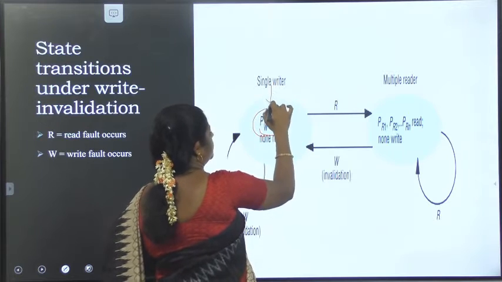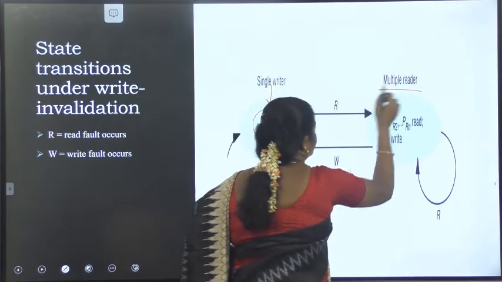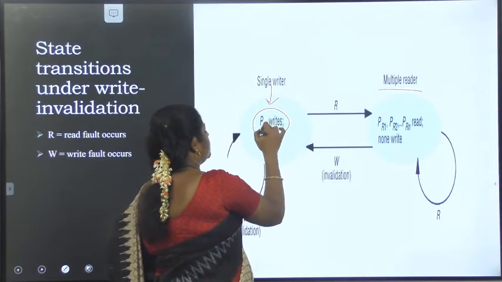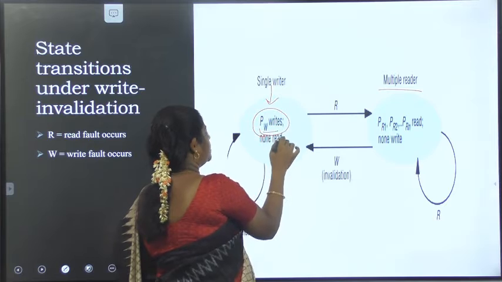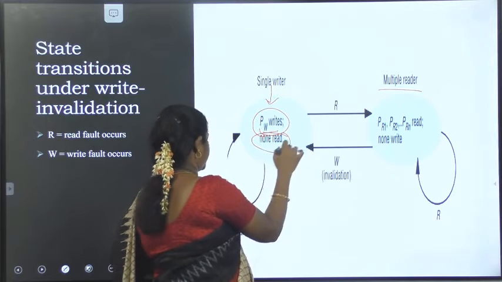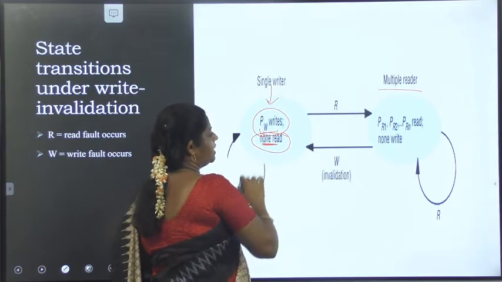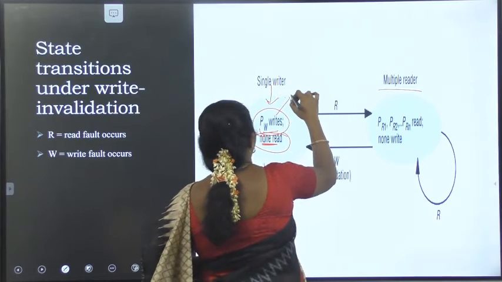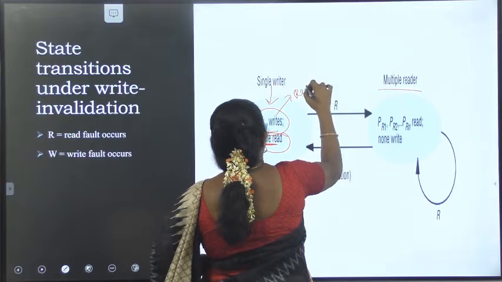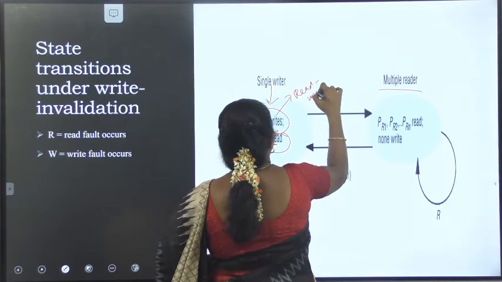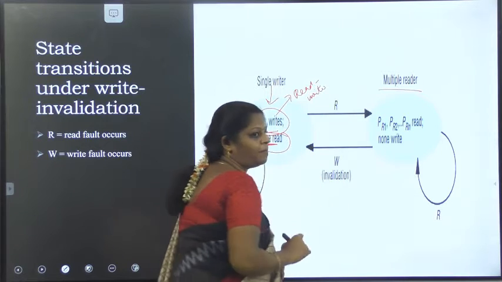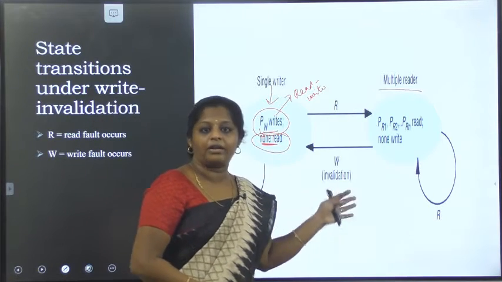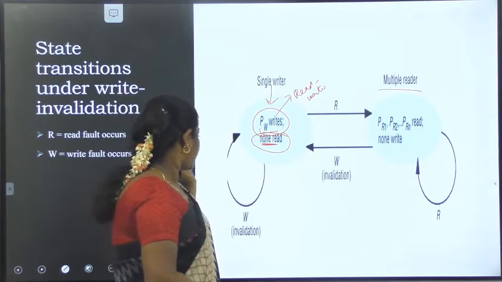There should always be a single writer and multiple readers, as you remember. Since this one is going to write, none of the other processes will have read access either. Only this one has the read-write permission. None of the processes holding a copy of that particular page has any access, including read-only access.